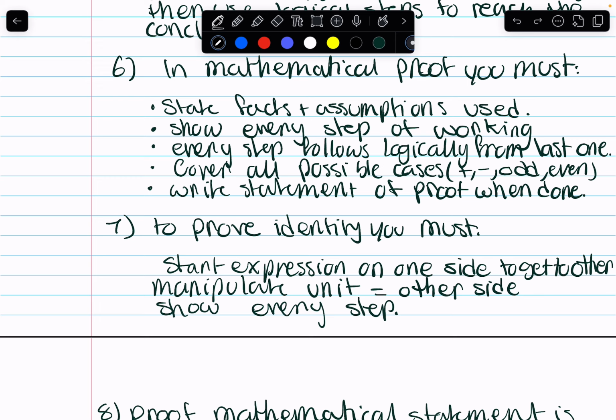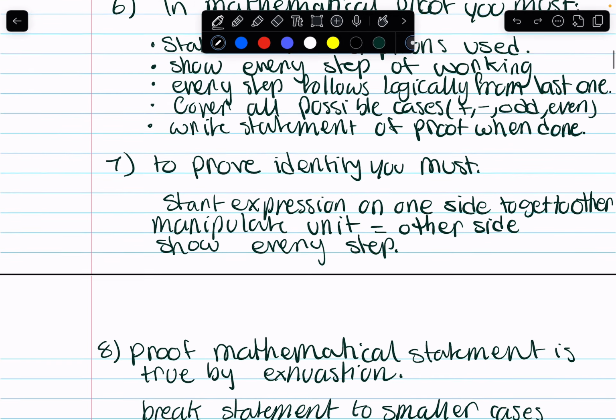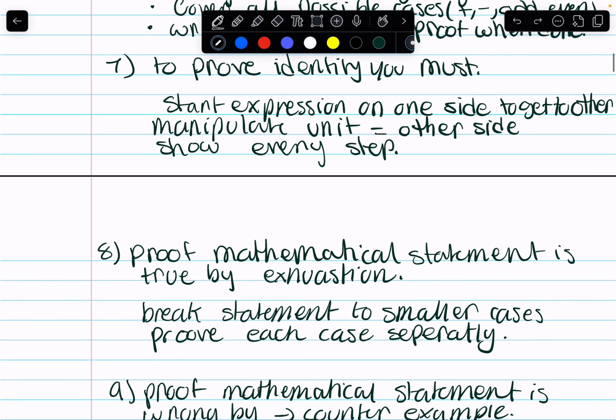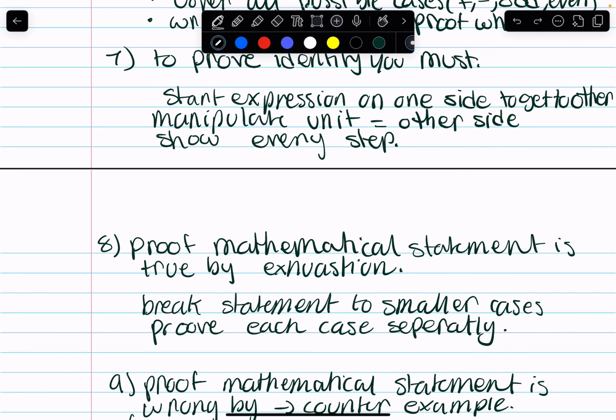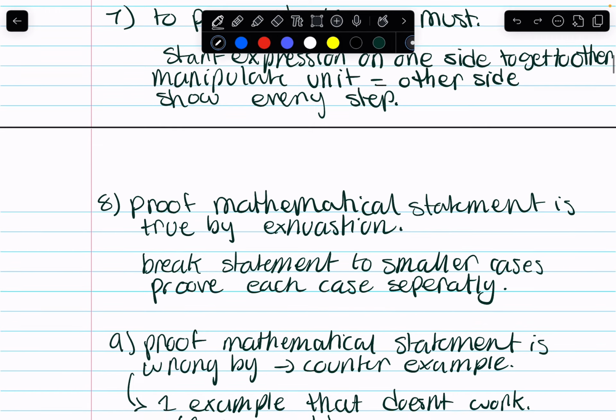Cover all possible cases, meaning plus, minus, odd numbers, even numbers, and write a statement of proof when you're done. To prove an identity, you might start with the expression on one side to get to the other one. So basically you manipulate until you get something that equals the other side, and you must show every step